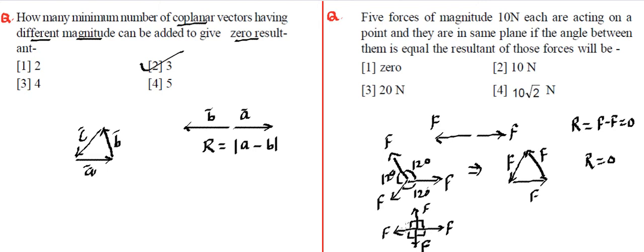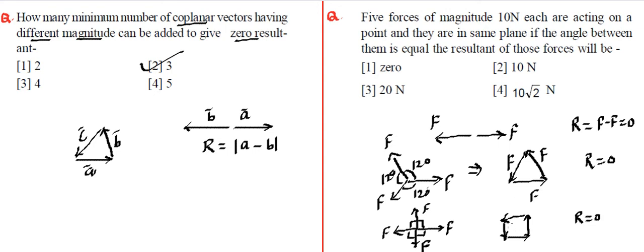90. You will find this is also going to sum up to 0 because this F will get cancelled out, this F, then this F will get cancelled out, so the resultant will be 0. Or we can claim like this: one F is in this direction, another F is in this direction, another F is in this direction, another F is in this direction. So they are making a cyclic closed loop, and hence the resultant will become 0.